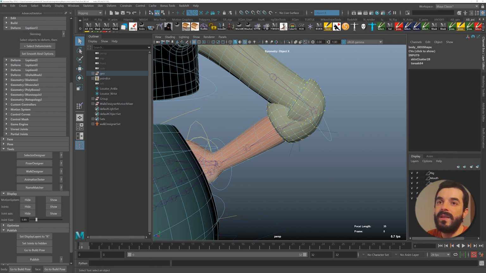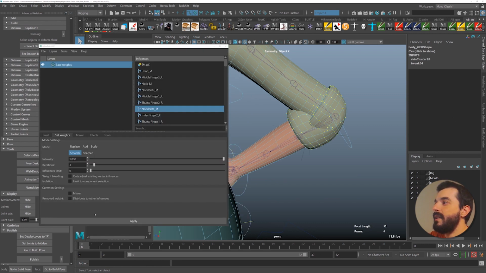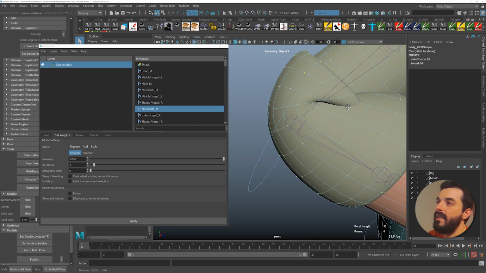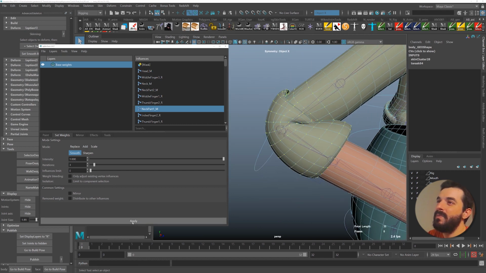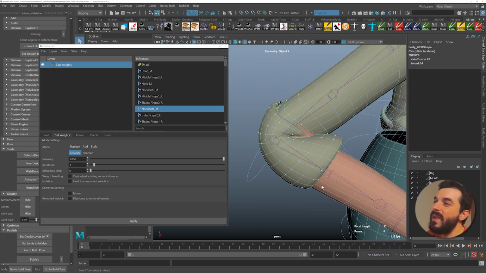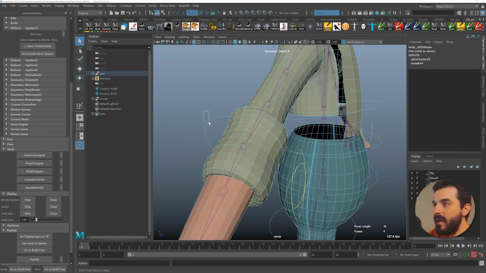So I'm going to select, you see, all the skin weights we used to have, and then I'm going to smooth that area, and that gives me a bit more acceptable deformation. But you see, there's really no way we can get away with this bend. So let's go back to the T-pose, and we're going to need some